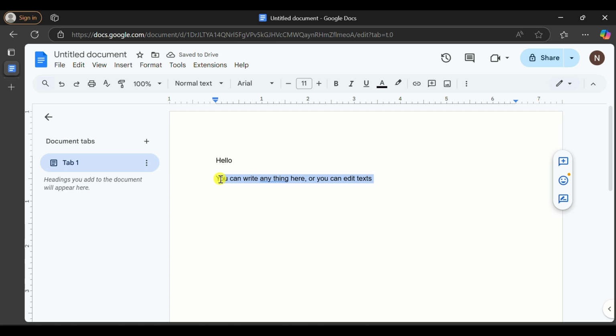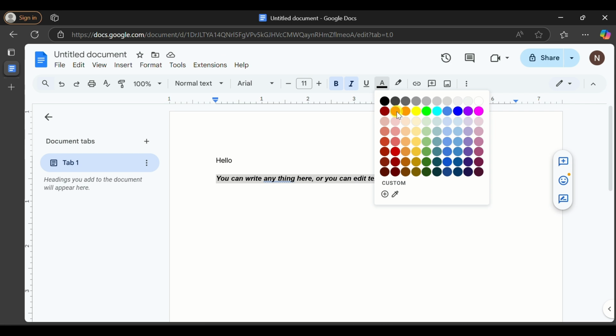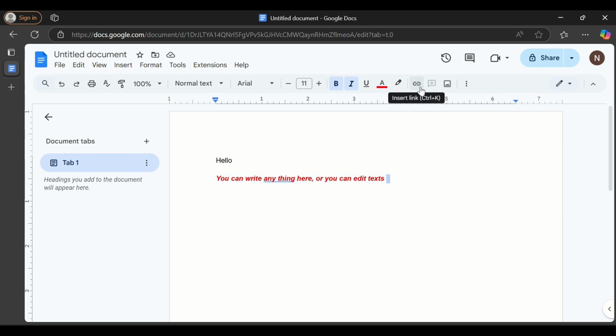To make text bold, select the text and click on the bold symbol. In the same way, you can also make italic style, and also you can change text color. You can insert links by clicking on links, and also you can insert images by clicking on the image icon